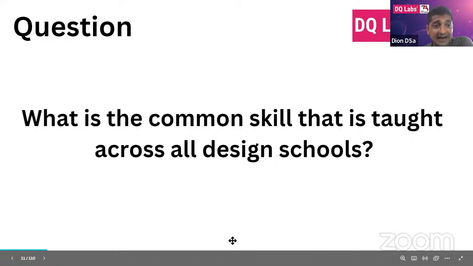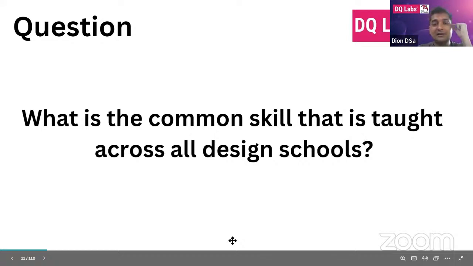And interestingly, if you look at the questions that come in the NID exam, right? So here there's a sample question, or a previous question. Draw an instruction manual with pictures and words for the process of cutting your nails with a nail cutter. So that is instructional design. Give 3 solutions on people not giving heed to signboards. Example, there is a signboard that says do not throw garbage and it's littered with garbage. What is that? That is communication design.